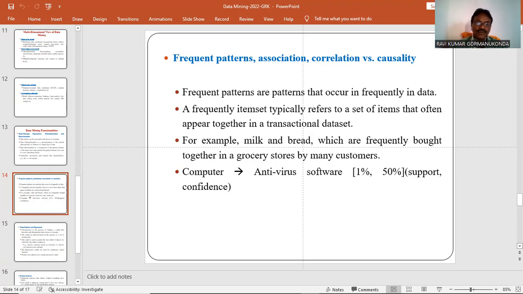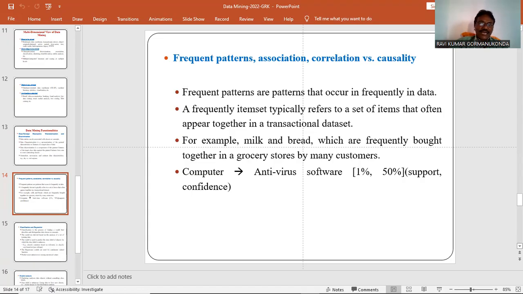For example, you are going to a supermarket, and customers often purchase milk and bread, which are frequently bought together. A customer visiting any grocery store and purchasing milk and bread together is called a frequent pattern.